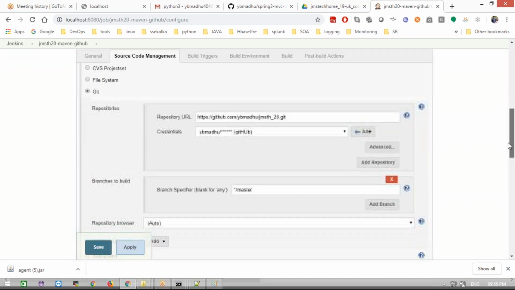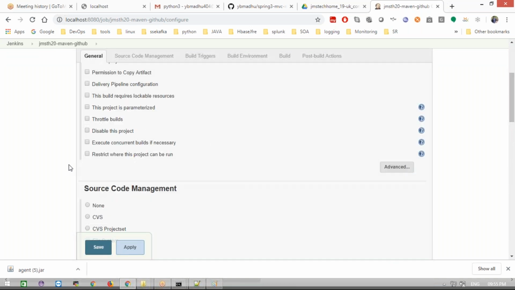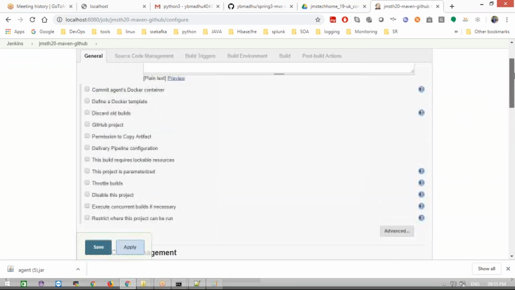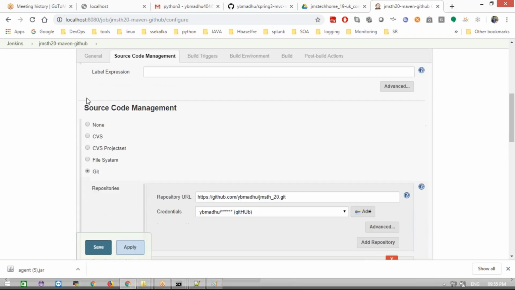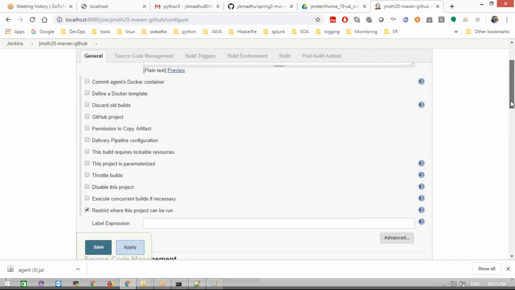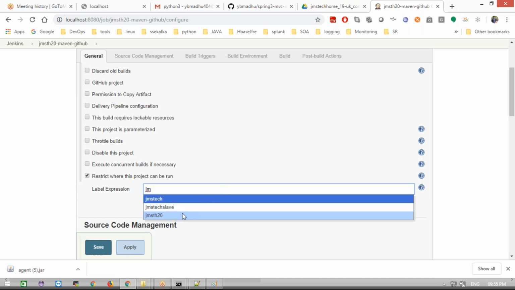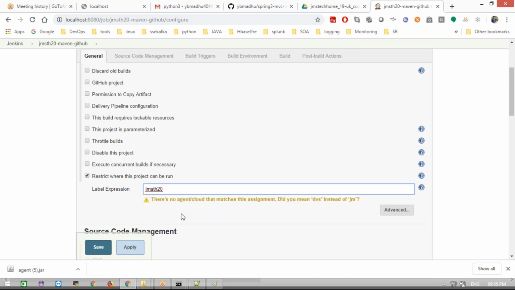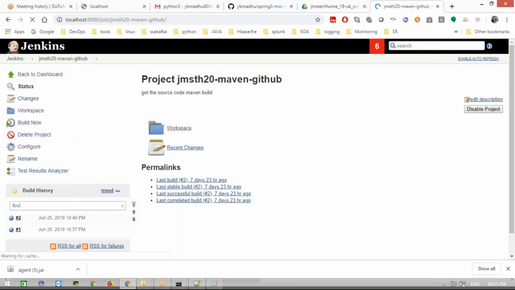You need to select, in the General section, Restrict where this project can be run. Now we can give the label name. What is the label name we gave? When creating the node in Jenkins, the label name given was JMSTH20. I'm going to use that JMSTH20. Now I'm going to apply and save it. Apply, save it. Now click the Build Now button